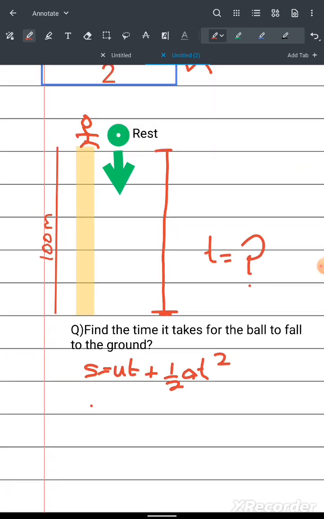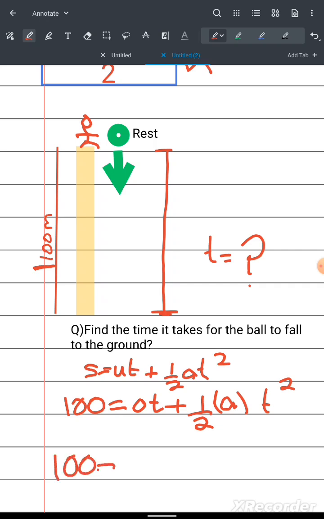s, which is the displacement, is given as 100 over here, 100 equals ut. Remember, if the ball is falling at rest, its initial velocity is always going to be 0 because it's not moving. So we'll write that as 0 into t plus 1 over 2 into a, which we do not know, into t square. Actually, if this is on Earth, then we can take a as 9.81 if this is happening on Earth, right? So I'll write 100 equals 0 into t is 0 plus 1 over 2 into 9.81